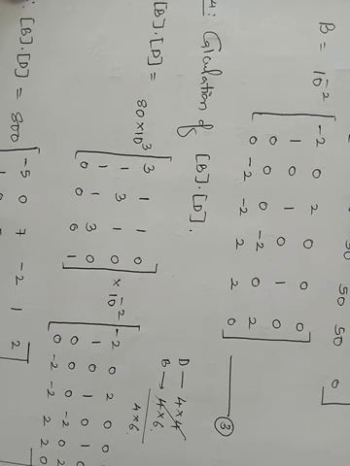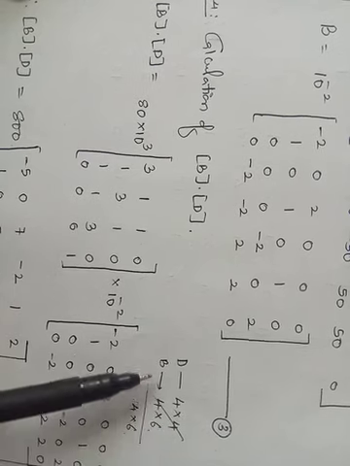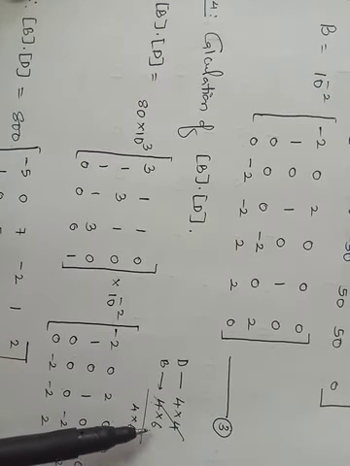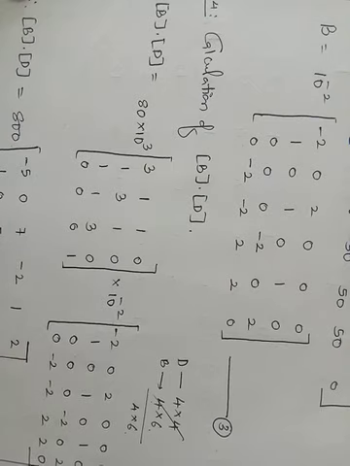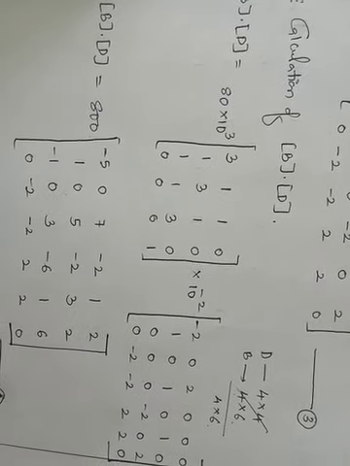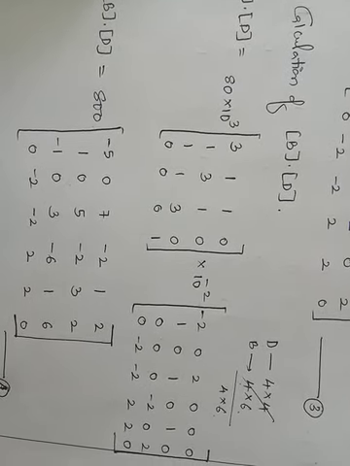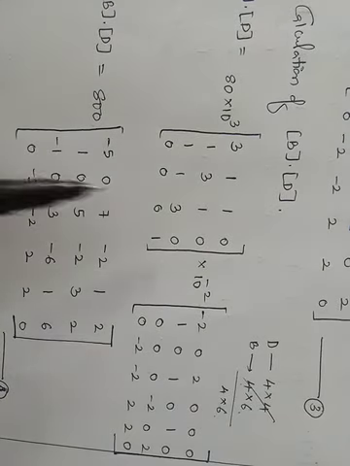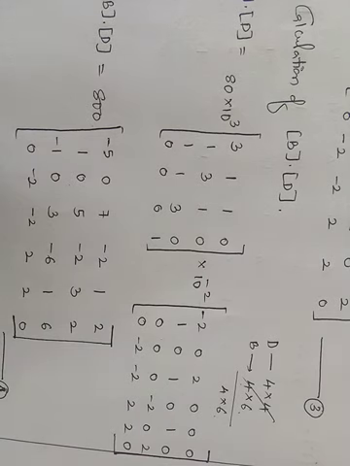So B into D, you need to multiply. D matrix is of the order 4 into 4. B matrix is of the order 4 into 6. So the outcome will be 4 into 6. Now, right, B into D matrix. So I have written down the matrices. Be careful, don't miss any of the signs. If you are missing any single sign, then your answers will be wrong. So be very careful while solving such problems which are a bit lengthier when compared to the previous problems you have solved till date.